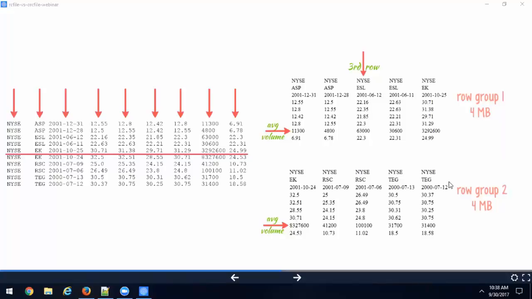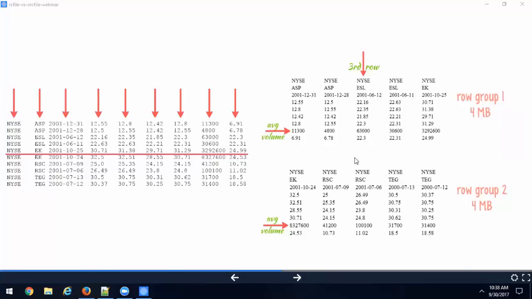This concept will not give good compression? Actually, this concept definitely gives you good compression, because you will do compression at the column level. Each column is compressed, by the way, all right? And RCFile is created by Facebook. Actually, I didn't mention that, right? RCFile is a joint collaboration between a Chinese university and also with Facebook, okay?